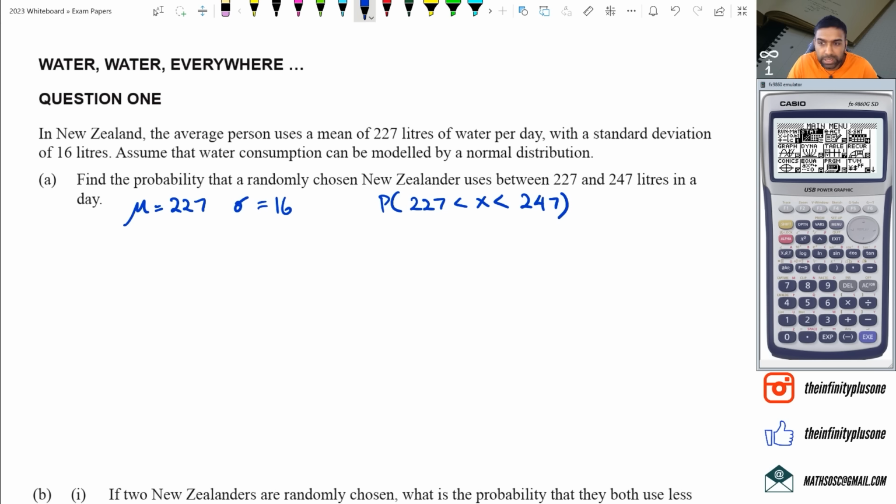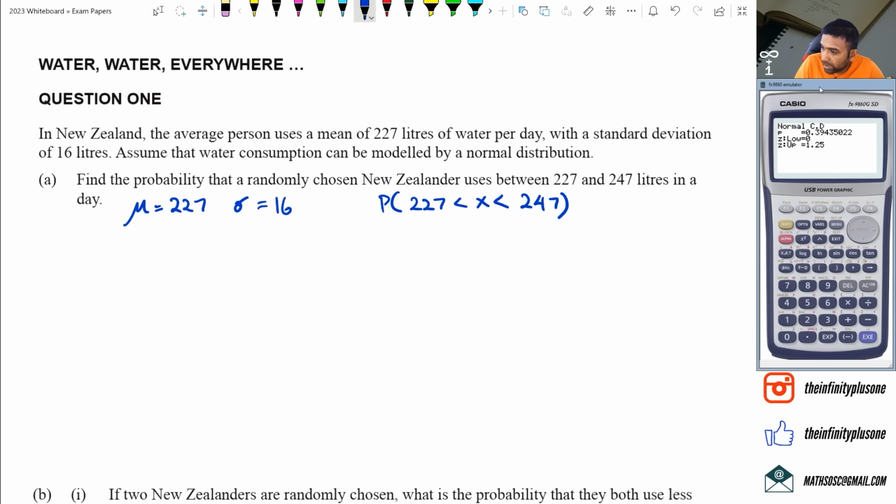What we're going to do is use the calculator for this. Go into your graphics calculator, go into stat mode, and under stat mode you've got distributions. Click on normal distribution, and the one we're using is Normal CD. Our lower limit is 227, our upper limit is 247, standard deviation is 16, and the mean is 227. We punch that in and we've got an answer of